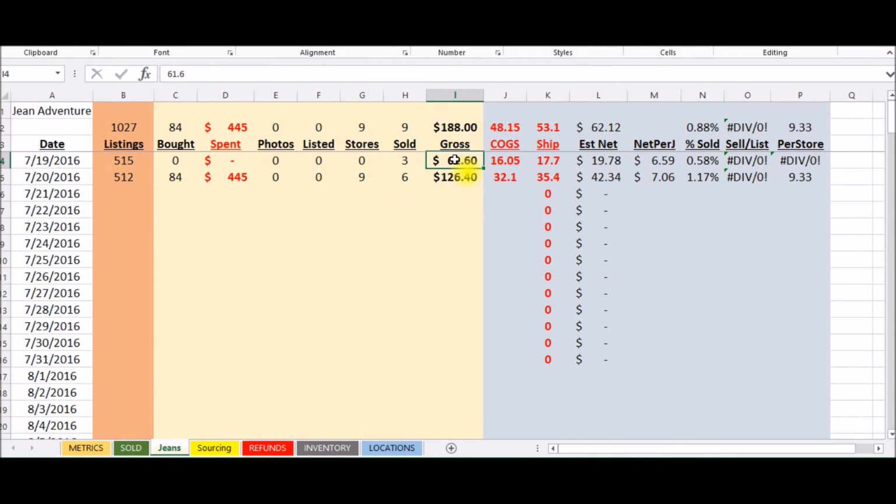This column over here is a running total of the gross. On the 19th, I sold $61.60. Yesterday, $126 worth of jeans, and so on. My cost of goods sold, this is just a calculation. Basically just telling you I spent $535 for a pair of jeans, but actually I can go and make this even more specific now since I can say what I've actually spent and what I've actually